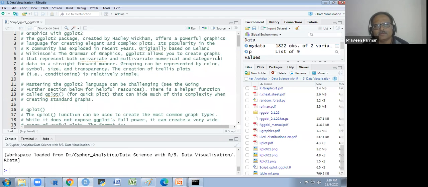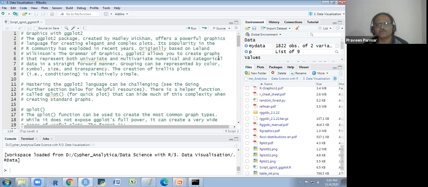Originally based on Leland Wilkinson's The Grammar of Graphics, ggplot2 allows you to create graphs that represent both univariate and multivariate numerical and categorical data in a straightforward manner. Grouping can be represented by color, symbols, size, and transparency. The creation of trellis plots is relatively simple.